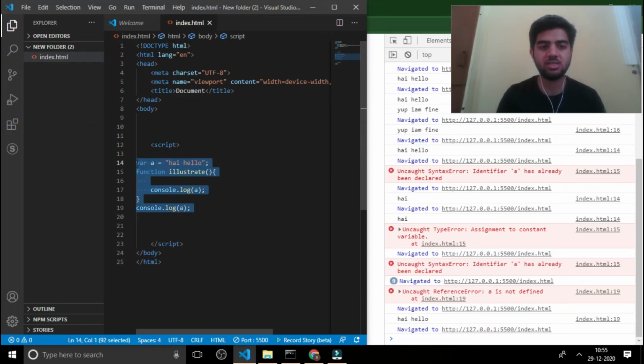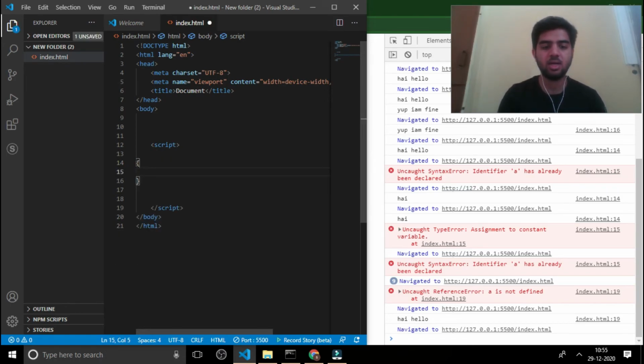Now let's see let and const. Let and const are block scoped. What do you mean by block scoped? I'll declare curly braces, and now I'll declare a const a equal to my name. Now I'll console.log this a.